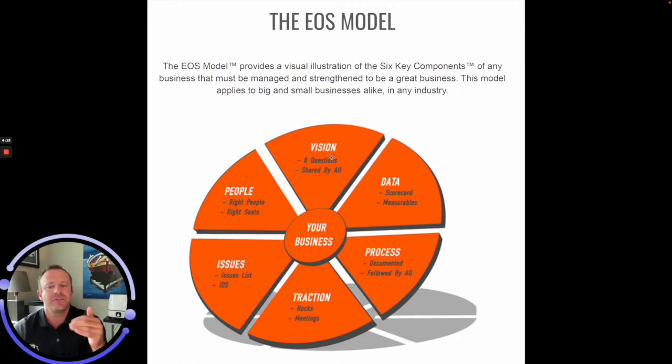If you go down to the one down from that, issues. So basically, strengthening this component means becoming great at solving problems throughout the organization. Setting them up, knocking them down, and making them go away forever. We create a set of issues every quarter with the leadership team, and we make sure that the issue is clear, we understand it, we're able to identify it, and we're able to solve it.